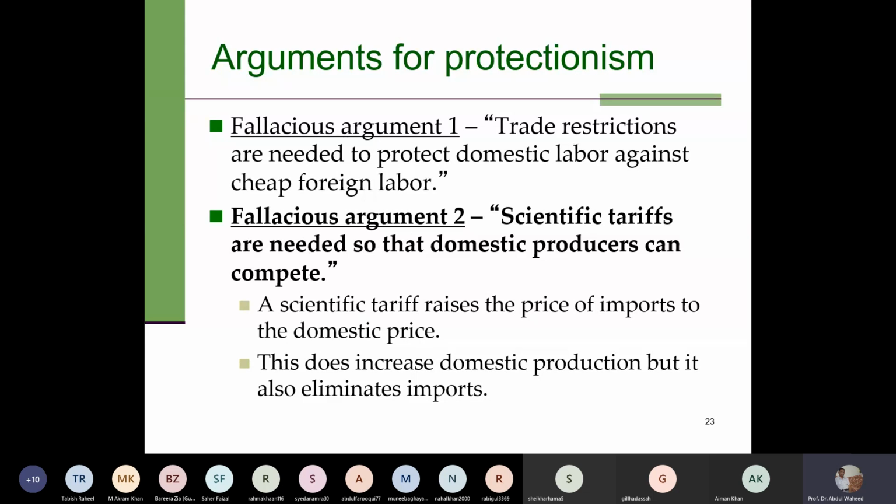But this argument is not acceptable, because if we impose a scientific tariff, which raises the price of imports and makes it equivalent to the domestic price, then it will eliminate imports. We are not talking about quality; we are assuming that quality is the same for both products. We prefer the foreign product because its price is low. If the quality of both products is the same, then the consumer will prefer the product where they have to pay a lower price. So if for a foreign product you have to pay $50,